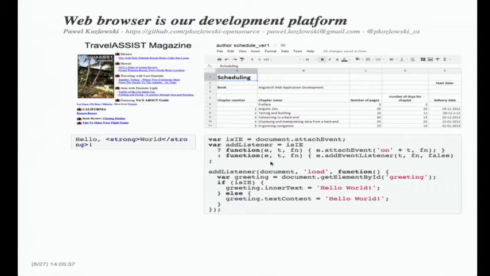Fast forward to today, and we see full-blown applications in a browser, right? This is a screenshot from Google Docs. So there is this enormous gap between how it started and how it looks today. And I guess that this evolution is great for our users, right? Because this is amazing. We can open up a browser and edit documents like in Word. So this is great for the users.